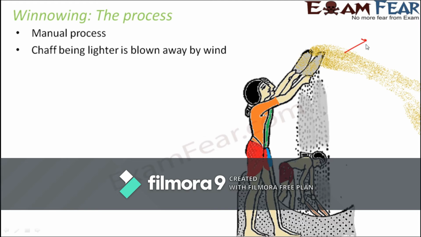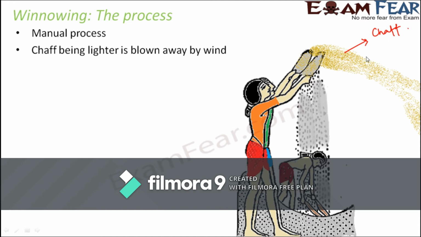So this is the chaff. So the chaff being lighter, it gets carried away by the wind. Now anything which is light will get very easily blown away with the wind. So if you leave a piece of paper and you switch on the fan inside your room, what happens? That paper tends to fly because the paper is very light. But if you keep your mobile phone and switch on the fan, will your mobile phone fly? No, because it is heavier.